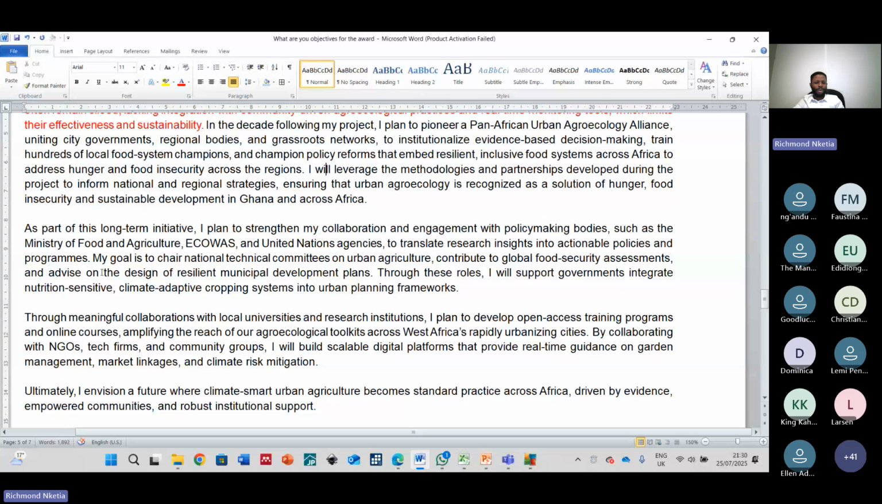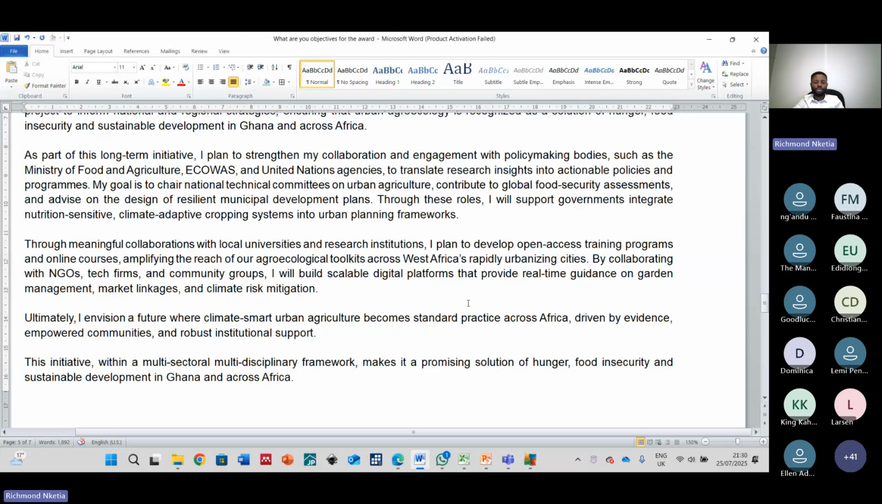And my goal is to chair national technical committees because I've gained so much experience, I've gained so much insight. And so with that expertise, I should be able to chair a national technical committee on urban agriculture and contribute to global food security assessment and advise on the design of resilient municipal development plans. And through these roles, I will also support local government integrate nutrition-sensitive, climate-adaptive cropping systems into urban planning